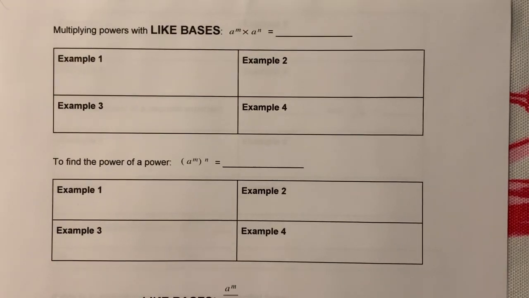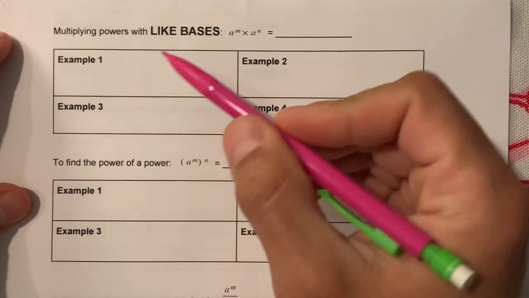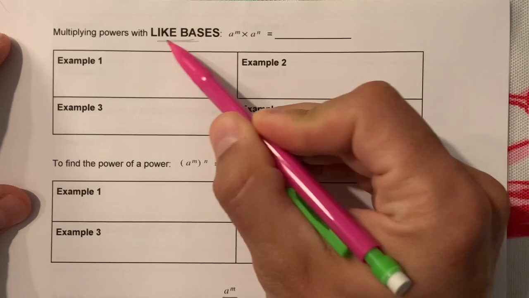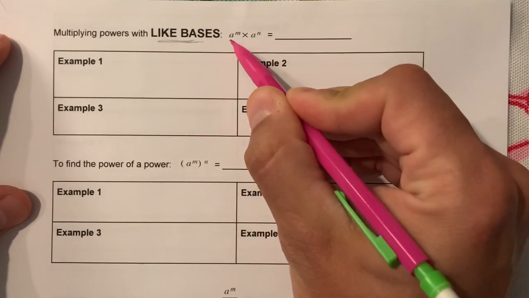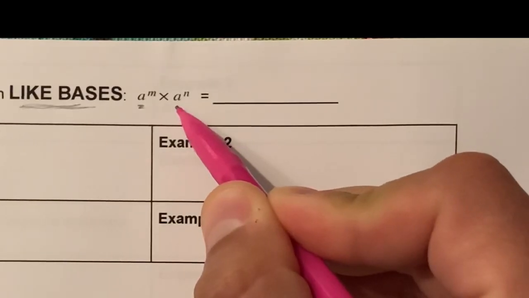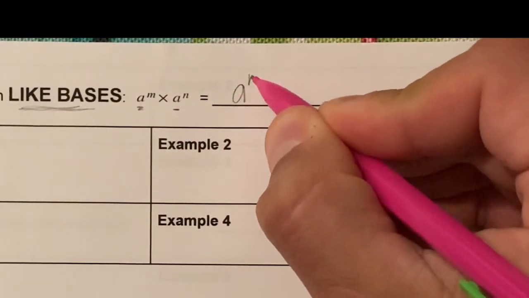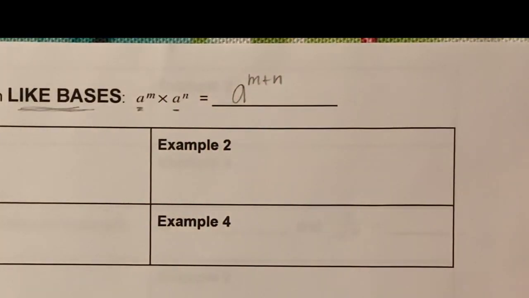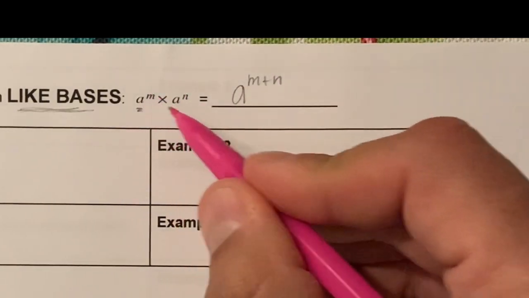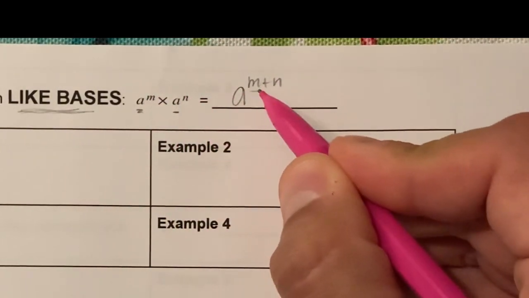So the first of our properties is multiplying powers when the bases are the same. That's what this means here, like bases. So if my base is going to be a and my other base is going to be a, the idea is that I'm going to take the exponents and I'm going to add them together. So the property says that a to the m times a to the n is a to the m plus